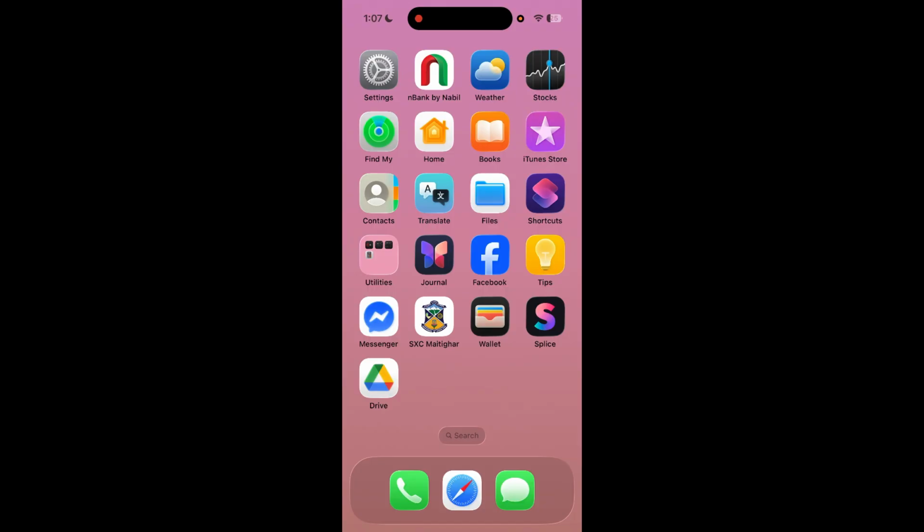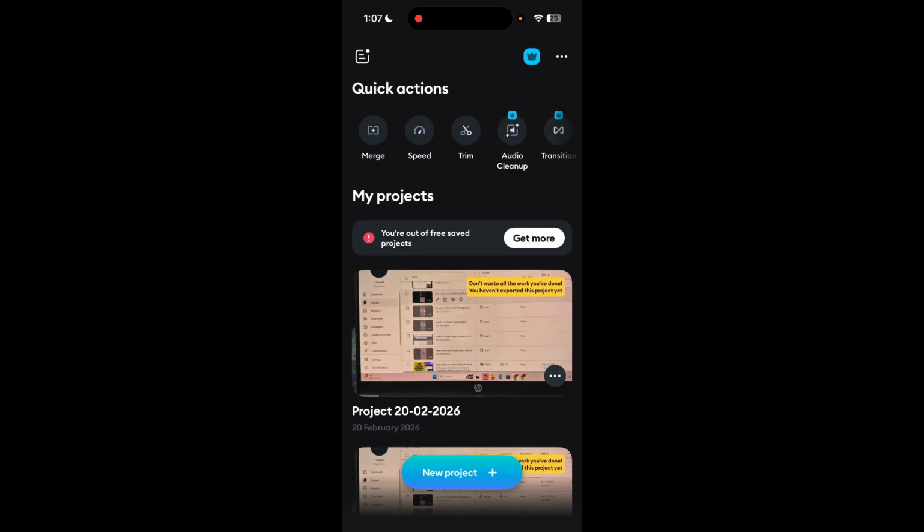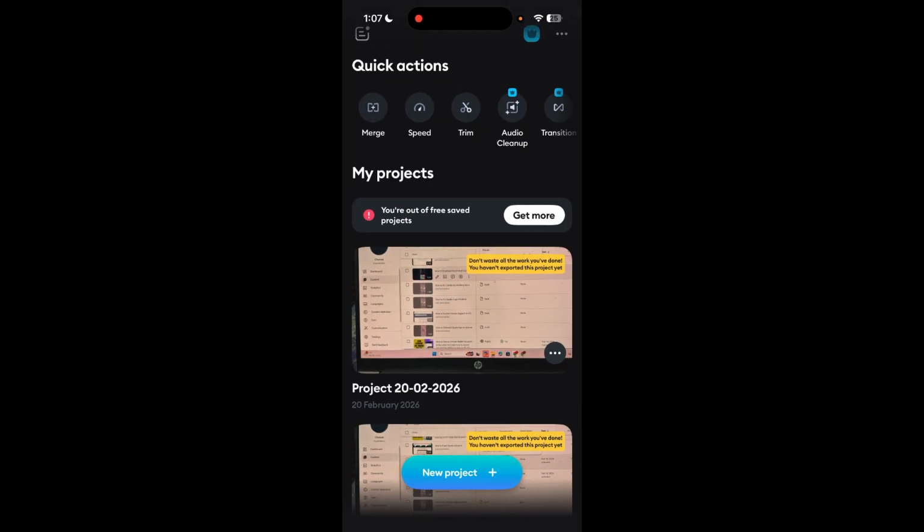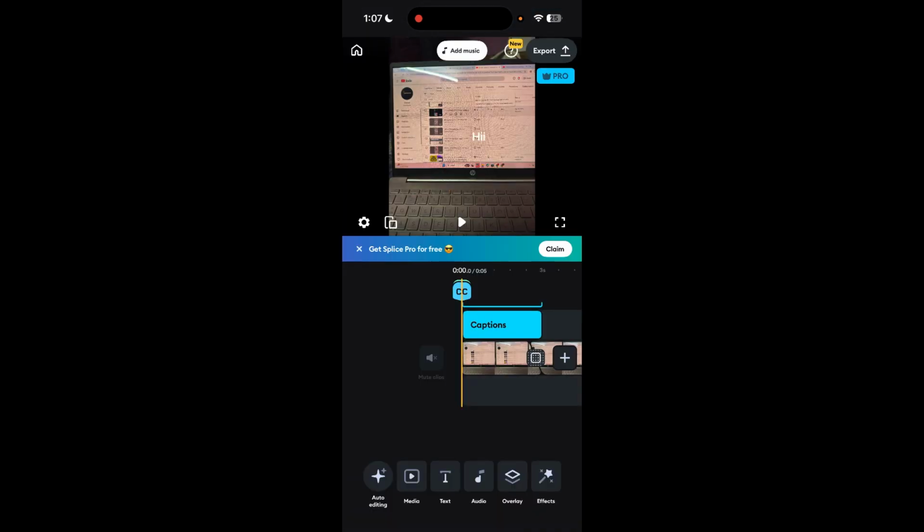First, you need to have the Splice app. If you do not have it, you can go to the Play Store or the App Store and download it from there as well. And you can simply launch your Splice app on your phone. Over here, you can simply tap on New Project or open an existing one. I'm going to select one of the draft projects here, and you can import your videos into the editing timeline. And for the best results, over here you can simply select the clip where you want slow motion